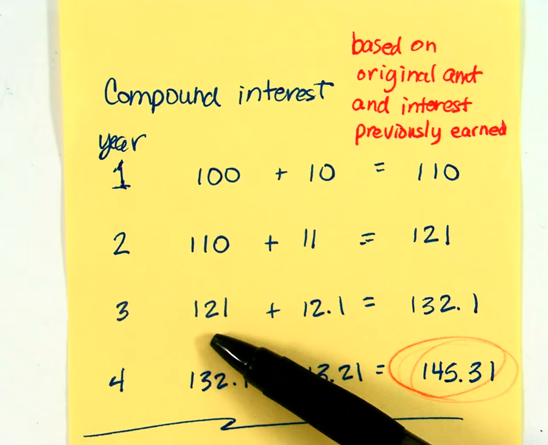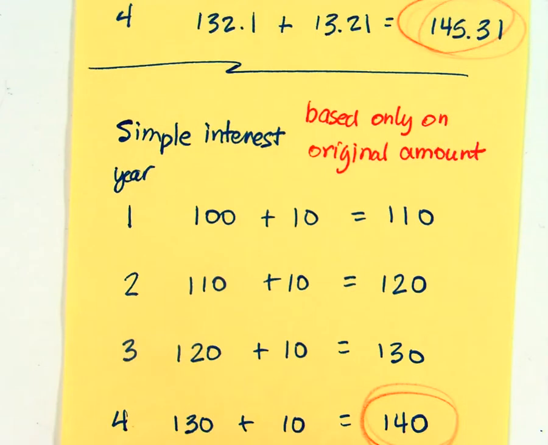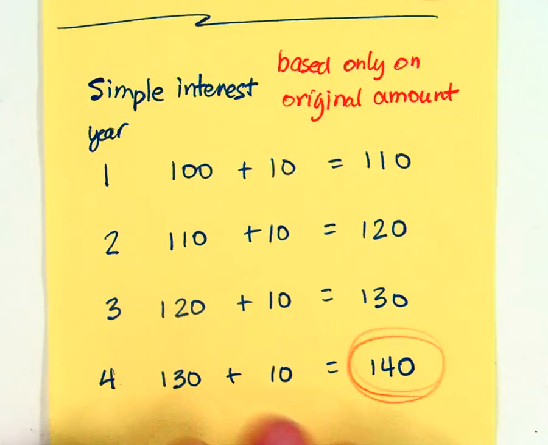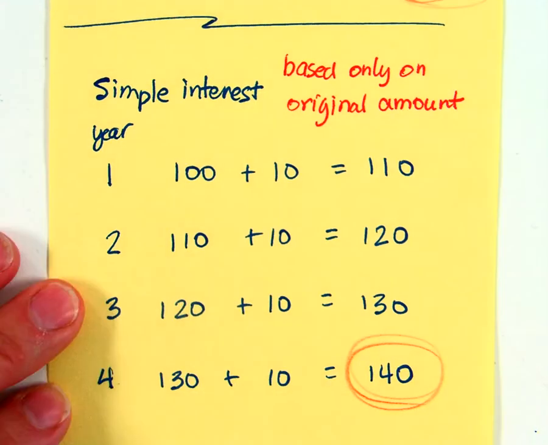Simple interest, on the other hand, is not usually paid by most banks anymore because people wouldn't put their money in because they can get more elsewhere. Simple interest is based only on the original principal amount. $100, the same example. So this is the same for the first year. $100 is deposited, $10 is earned, for a total at the end of the year of $110. The difference here